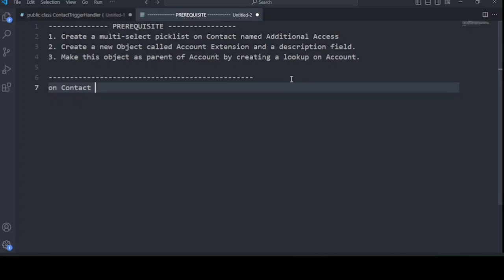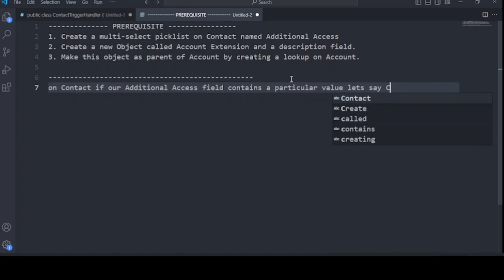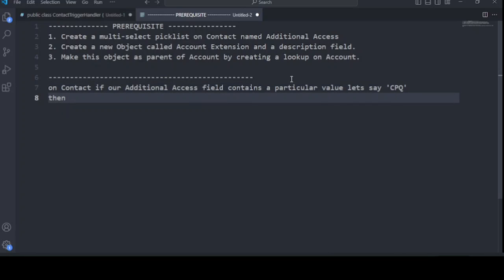On Contact, if our Additional Access field contains a particular value, let's say CPQ, if it contains CPQ, then we have to update this value on the associated Account Extension